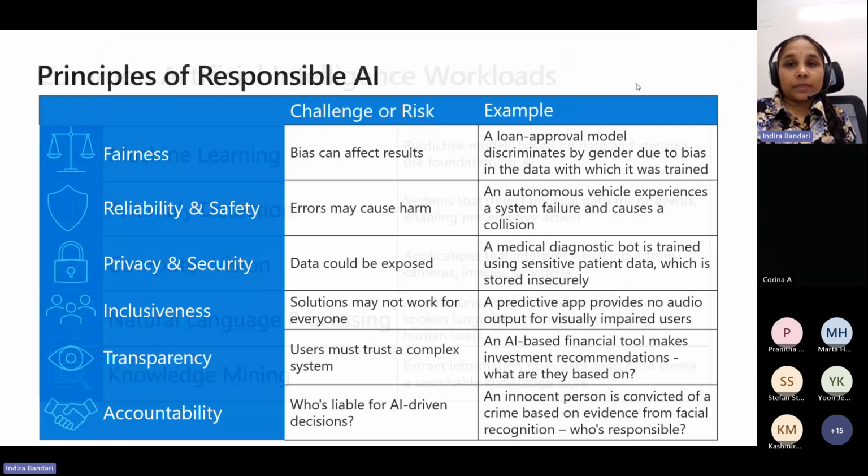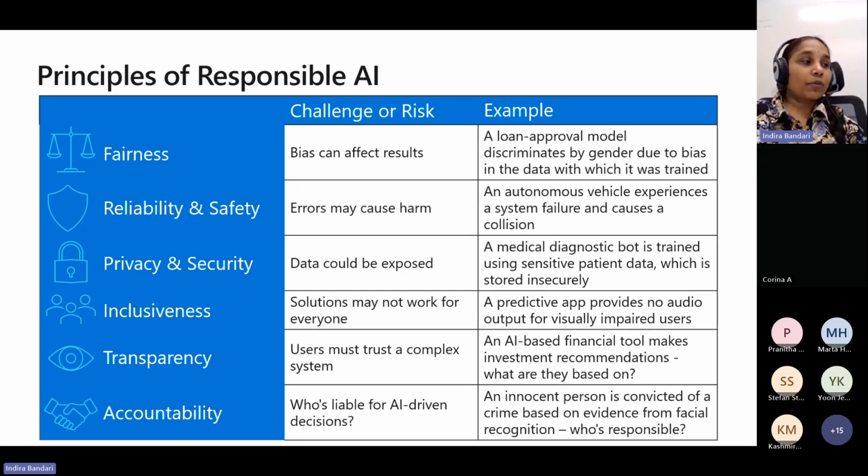Okay, so that's the workloads. Now there are about 6 principles of responsible AI. Before we go there, what is responsible AI? When we use artificial intelligence capability responsibly, that's when it is called responsible AI. We are using AI in a responsible manner. AI can be destructive as well. Just remember that, because there are a lot of debates and discussions going on with the new generative AI that has been released.